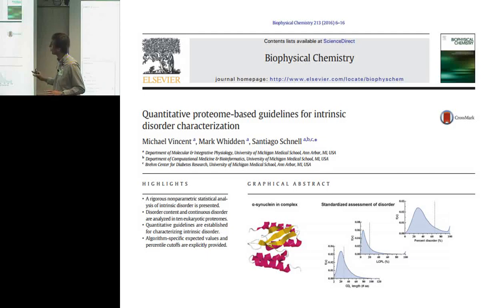So what we tried to do was publish guidelines across the proteome, which are proteome-based, to characterize disorder. And our assumption was very naive. I work with a lot of colleagues in the clinic, and how do clinicians determine that somebody is obese or tall? How do we determine that somebody has a head that is slightly smaller or hands which are slightly shorter?